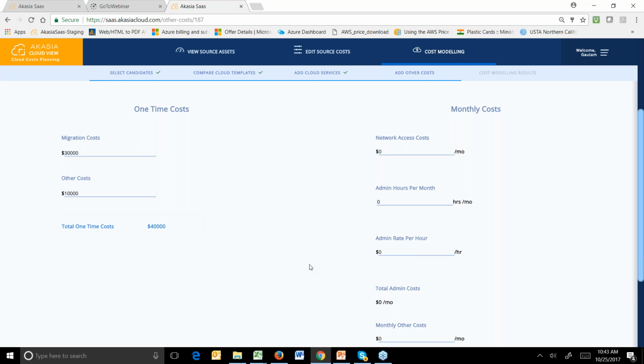And then, by the way, I've moved a lot of my servers to the cloud, but my team sits in a building 50 or 100 miles away. How do I get access to those servers? So you may need to buy some extra MPLS circuits, which might cost, let's say, $1,500 a month. And we may need to hire a couple of new system administrators trained in the cloud, so I'm going to say about 80 or 100 hours per month, at let's say $80 an hour.